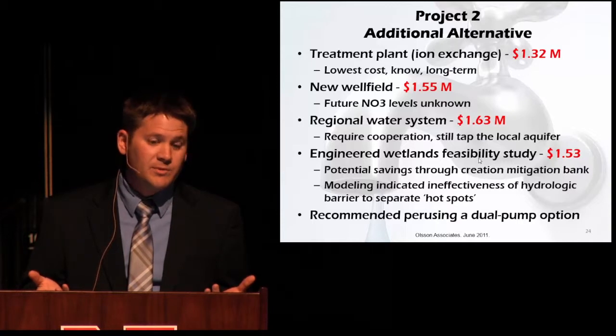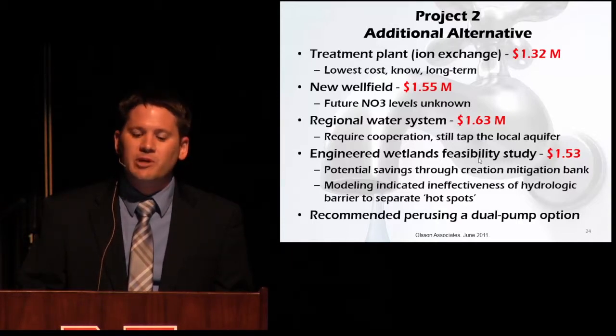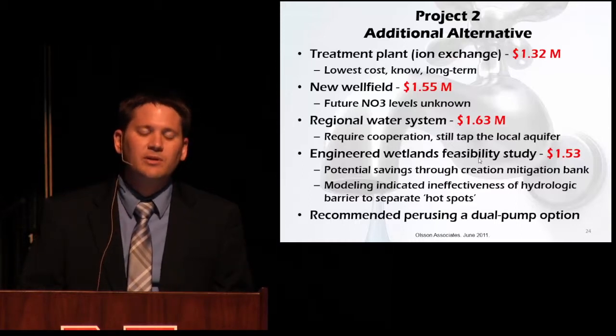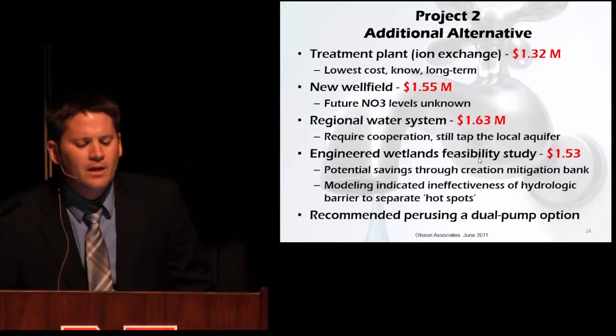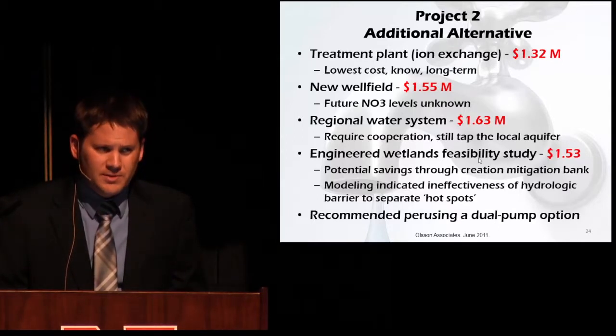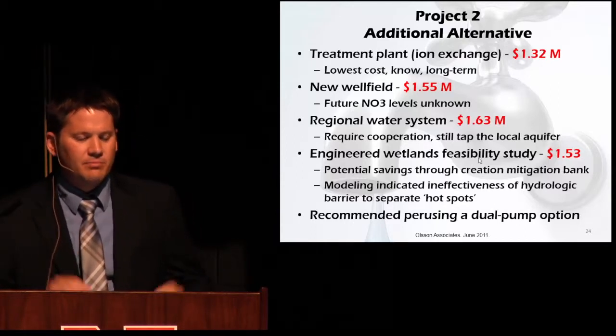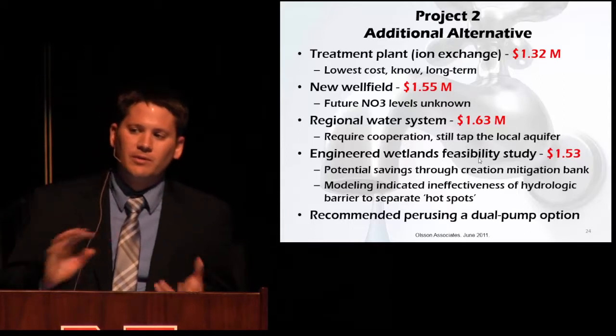So the treatment plant was $1.3 million, and remember, this is a town of 500 people, so that's a pretty good chunk of change for 500 people. Treatment plant's 1.3, a new well field's 1.5, and a regional water system's 1.6 million. The engineered wetlands 1.5, and this is a pretty good sized report, and they go into all the pros and